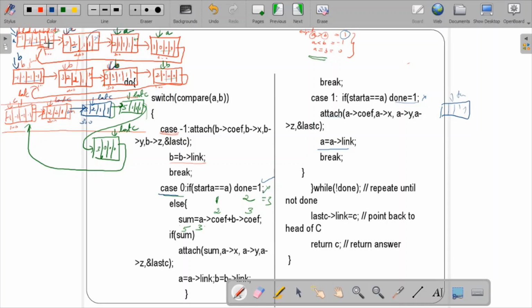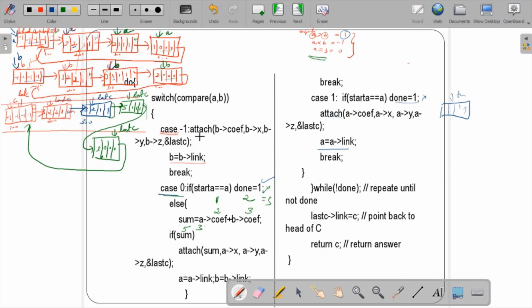So this is how we are going to do the addition. Once you reach the head itself, the addition is almost done. A I updated here, so this is the end of the node where addition has been performed. So done equal to 1, and our do while statement ends. After that, last C link is equal to C. That means whatever the link of this particular node is, it is updated back to C, pointing back to the head. That's what I'm going to do over here, and then return C. Whatever this particular result is, the entire expression, I'm going to return. So this is how we are going to do the addition of two polynomials.